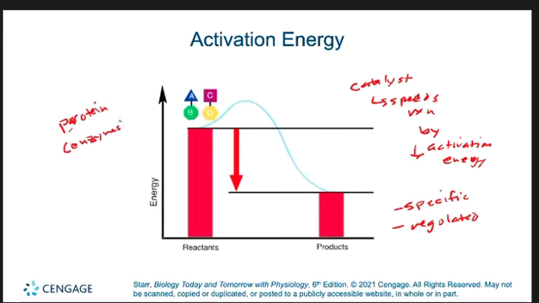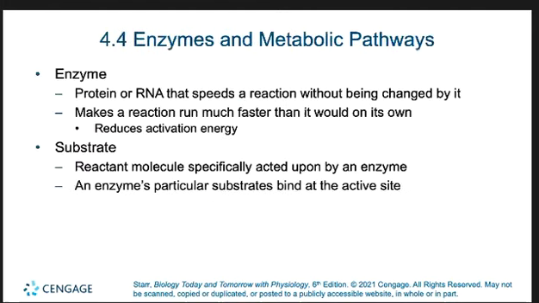Okay. What the enzyme does is it comes in, it grabs the reactants, forces them to react in a way that it wants them to, and then lets go of the products, and then moves on to the next set of reactants. So it does it very quickly. And enzymes can be inhibited or activated, which means it can be controlled, and that helps the cell make what it needs in the right amount at the right time, right?